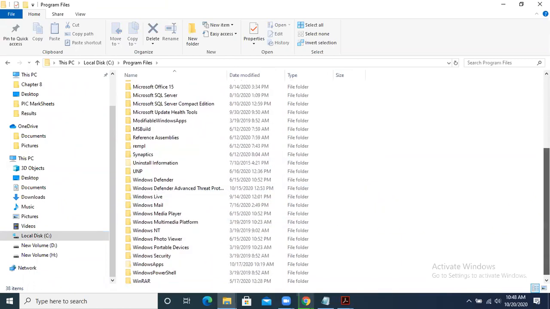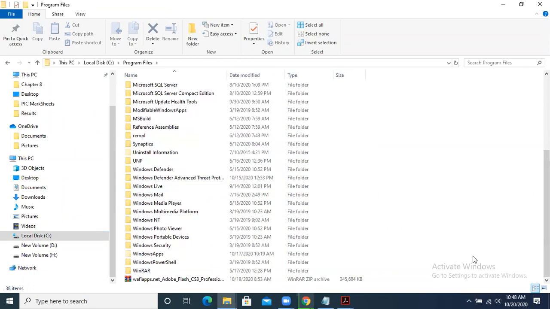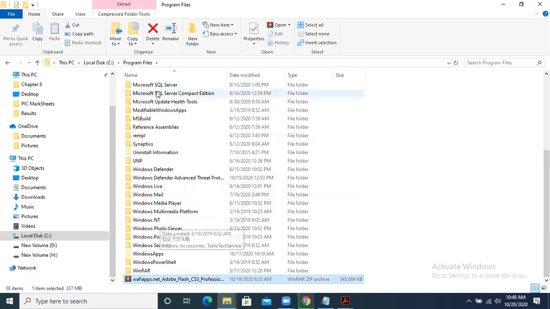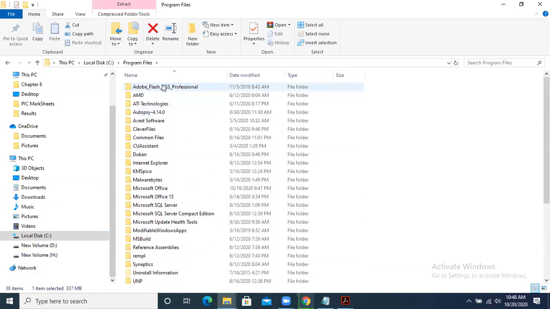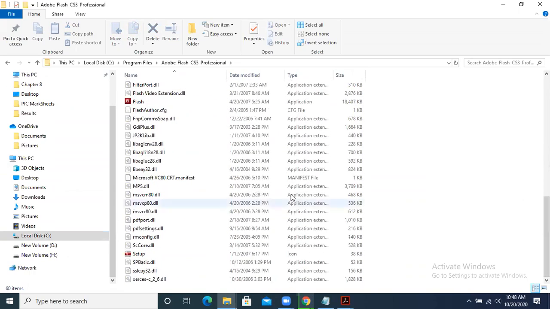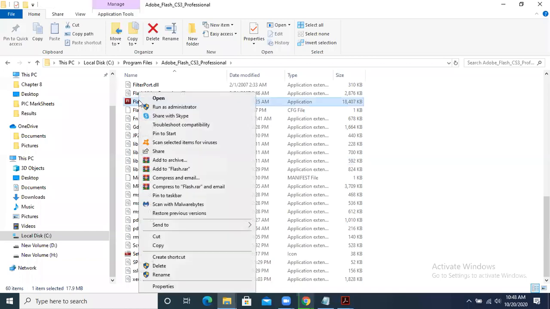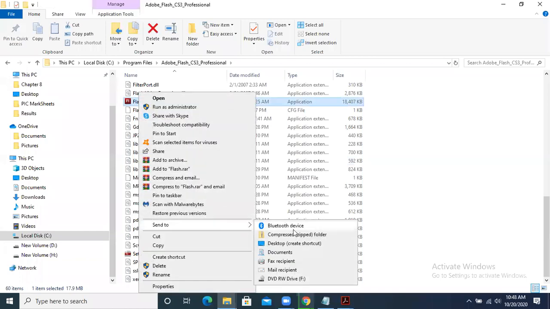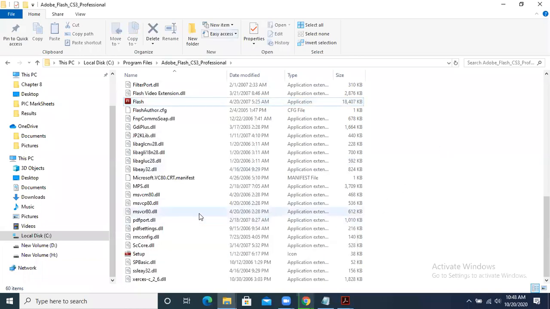Here you can see that in my program files this folder is there. After unzipping this folder, you will see that Adobe Flash will come in your drive. Here is the Adobe Flash. Then you need to make a desktop shortcut by right clicking on it. Send to desktop. In this way you will be able to do this.